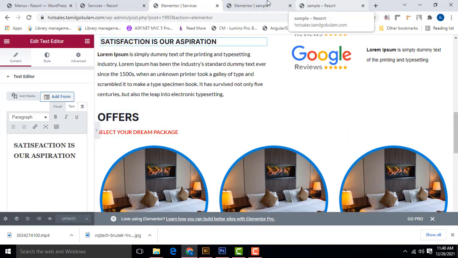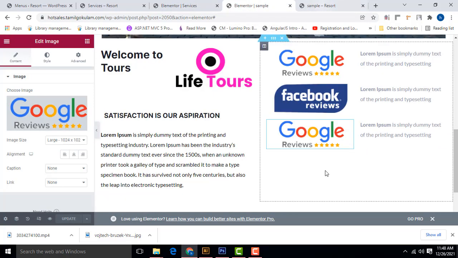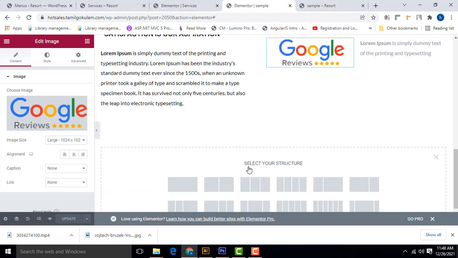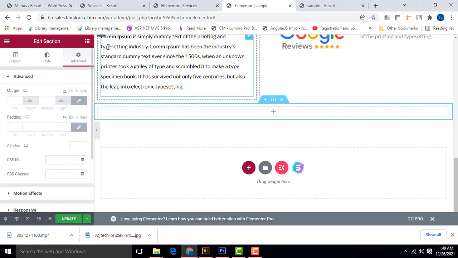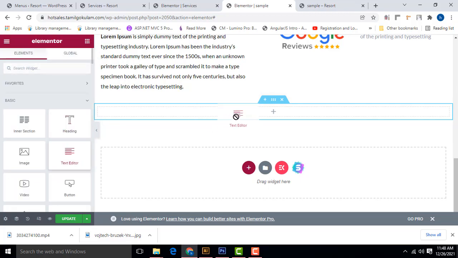Okay, so after that, this section, how to do this section, very simple. This also very simple. Go here, click on this one. Here I have to drag the paragraph tag. So paragraph, not text editor, drag it and drop.